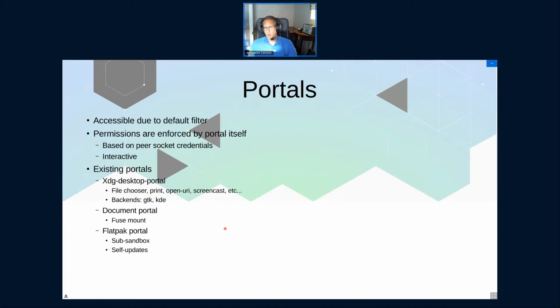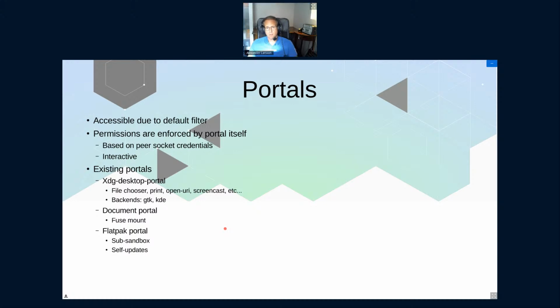So portals are essentially dbus services that happen to be in this namespace where anyone can talk to them. And that means that they don't really have any kind of security checks by the system itself, so they have to be very careful about enforcing policy inside the portal itself. And we do this based on peer credentials. You connect via Unix domain sockets, and we can get information about the other side, and we can decide based on what's talking to us whether it's allowed or not, or whether we should do some interaction to ensure it's safe.